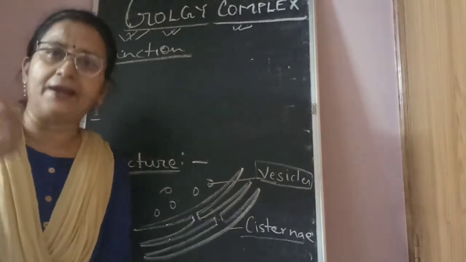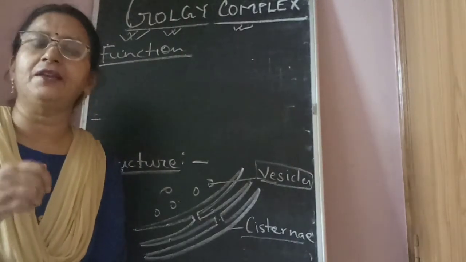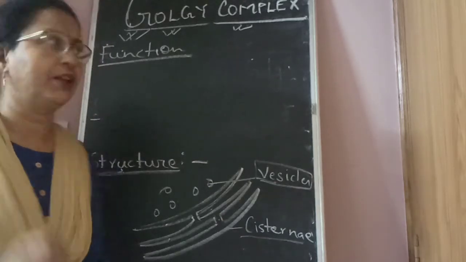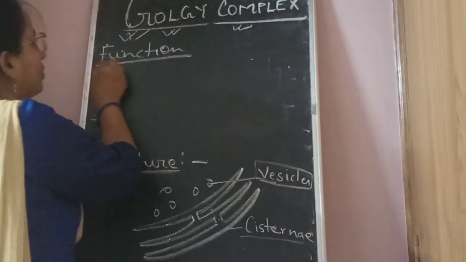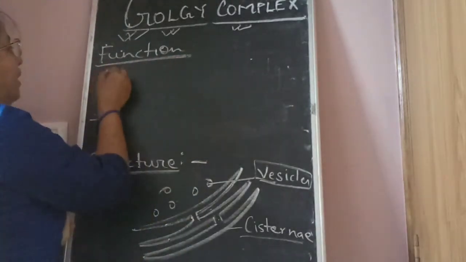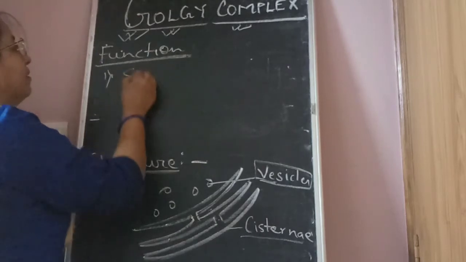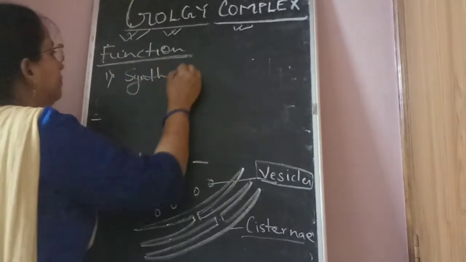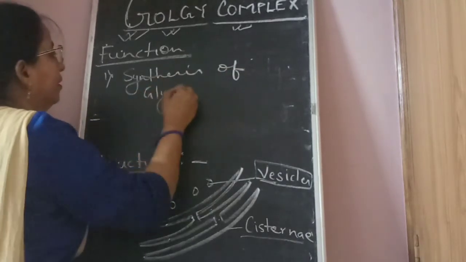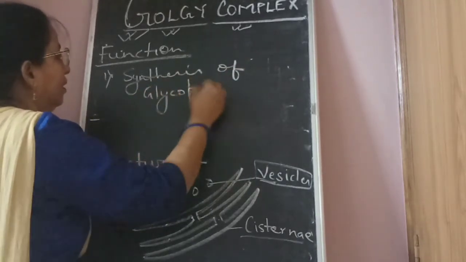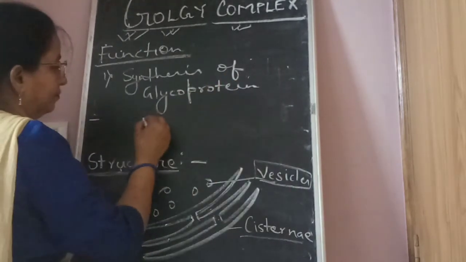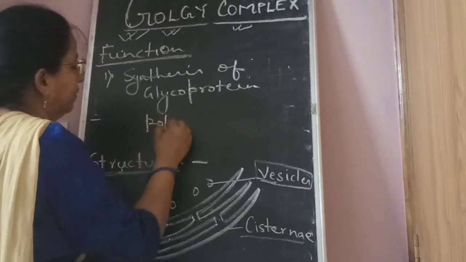It collects all the substances which are synthesized in the endoplasmic reticulum, and processing of those substances occurs there. That's why it is involved in synthesis of glycoprotein, polysaccharide,